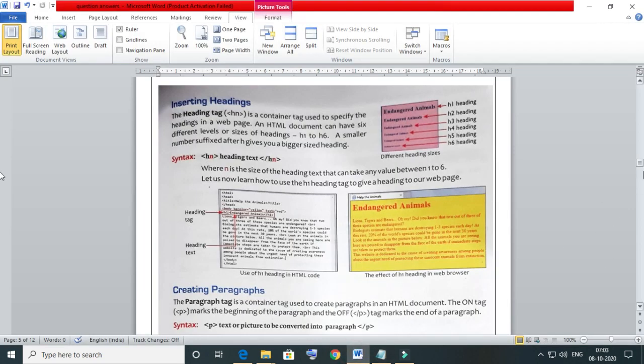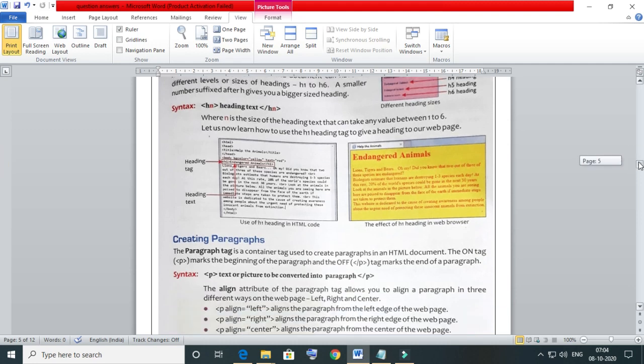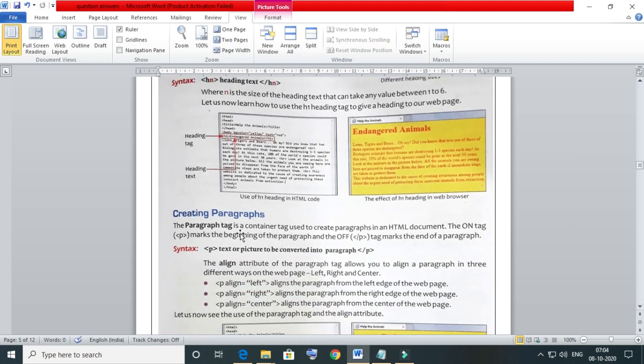As you can see here, the paragraph tag is a container tag used to create paragraphs in an HTML document. The on tag is p within angular brackets, marks the beginning of the paragraph, and the off tag, that is within angular brackets